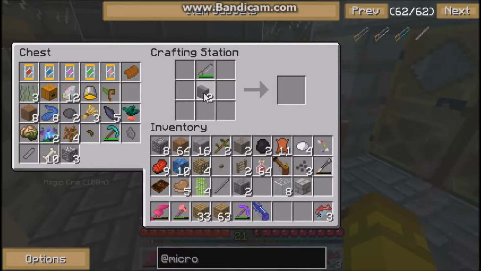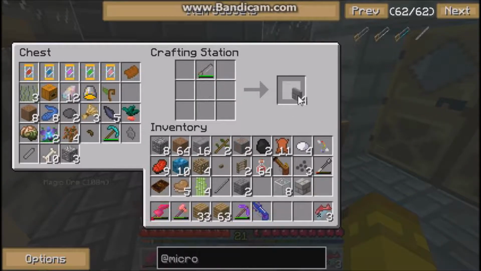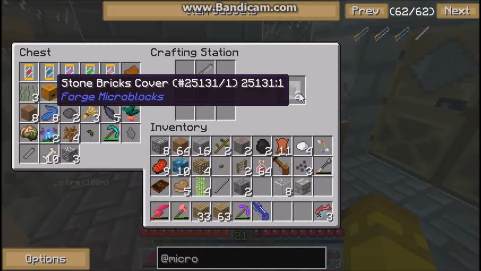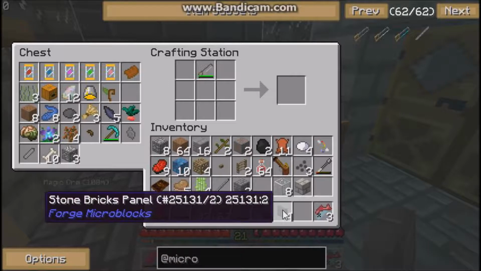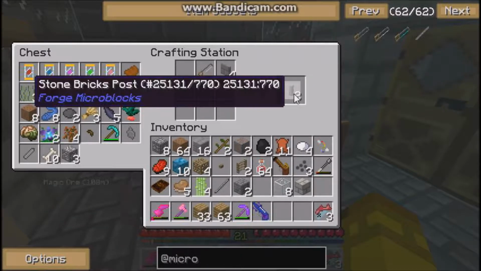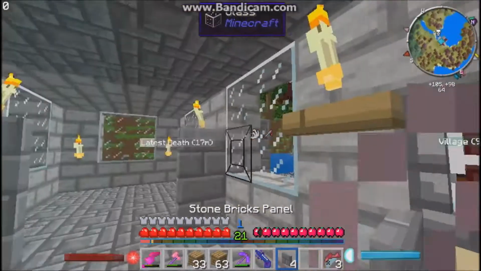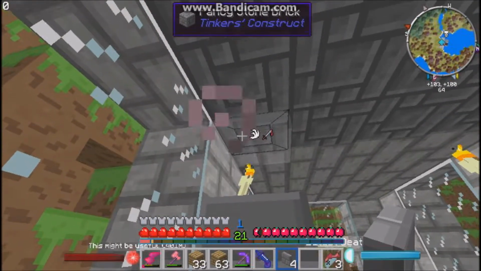Also, I should note that I think you can actually go one step further than this. Let's see. Yeah, I can actually go into stone brick covers if I want to. Except I don't want to, so I'm not going to. But I think if I put this in here in a different configuration, yeah, I can even make stone brick posts, which actually could be handy. Anyway. Okay, so...